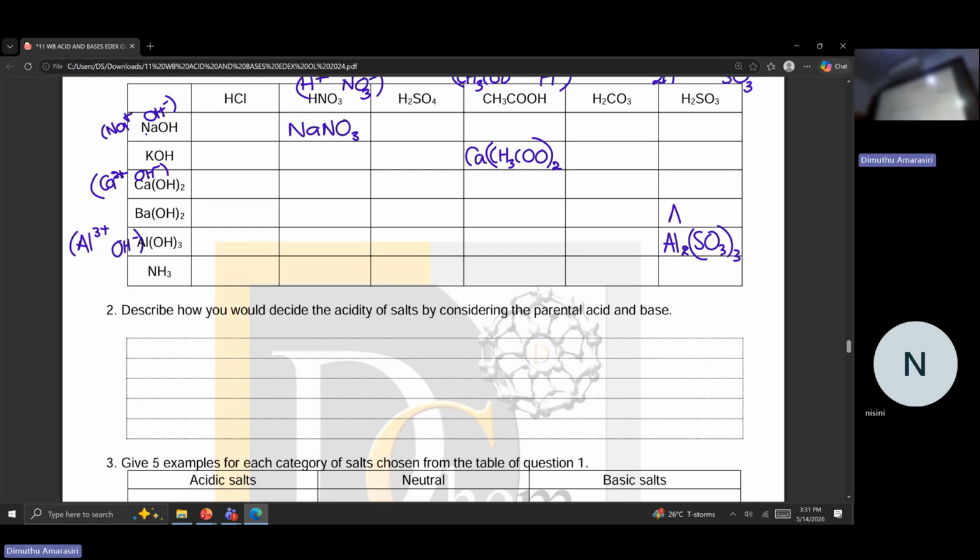Are salts acidic? Common salt, acidic? What is your opinion? Also, what do you think? Basic? Common salt is neutral. Salts are neutral. They will be, because salts are made from a neutralization reaction of acid and base.